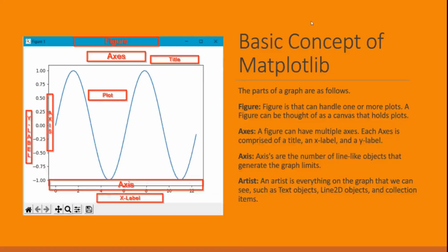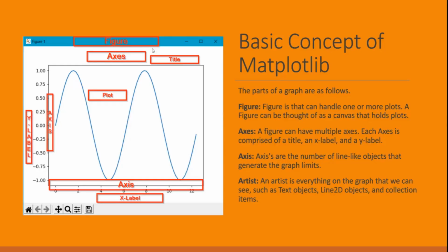So let's move to the next topic, basic concepts of Matplotlib. Here you see in the figure, the graph has many parts. So I will discuss these parts one by one. The first is the figure. It handles one or more plots. Basically, we can say that the figure acts like a canvas that holds plots. Here you see that I have marked the figure. In a figure we can add one or more plots. Here in this image we only have one plot,